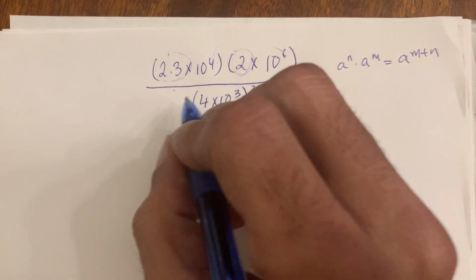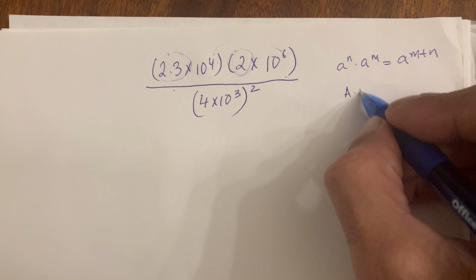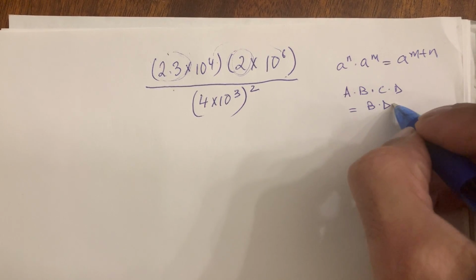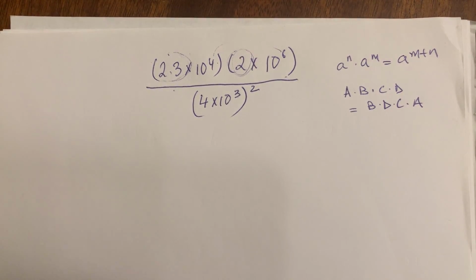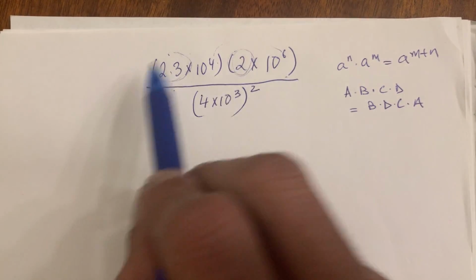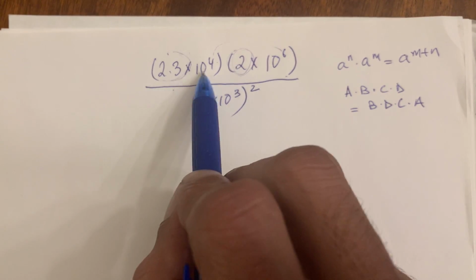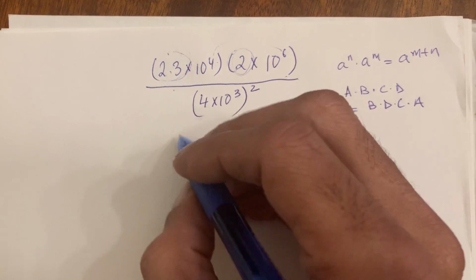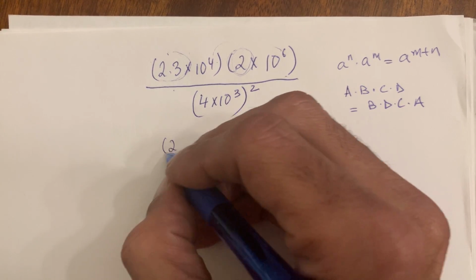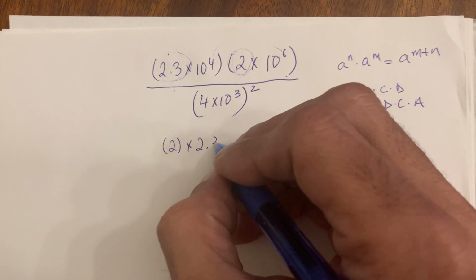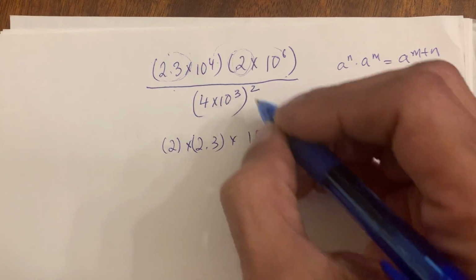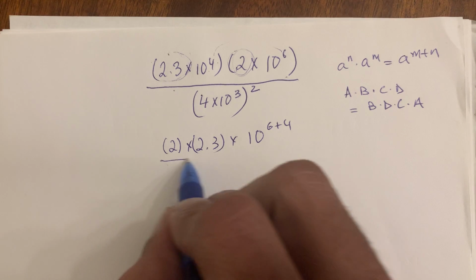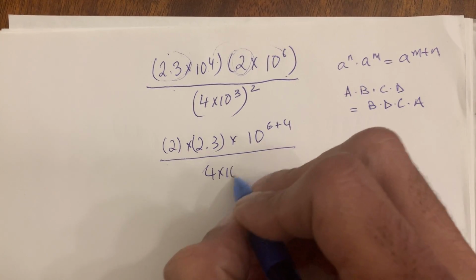multiplying. Multiplication has no order. You know, a times b times c times d is the same as b times d times c times a, or any combination. So here are 4 numbers, and that could really move around. So these two guys multiply each other. When these guys multiply, the exponents add. So basically, you would end up getting 2 times 2.3 times 10 to the, add those powers, 6 plus 4. Now 2 times 2.3, I'm going to write this down here real quick,